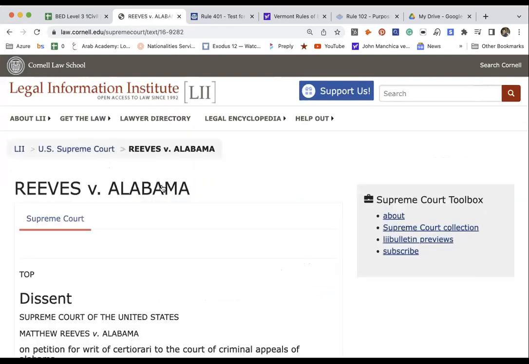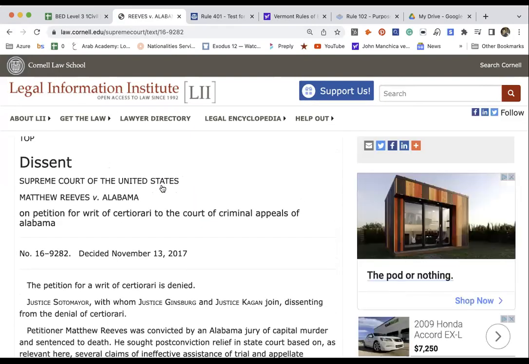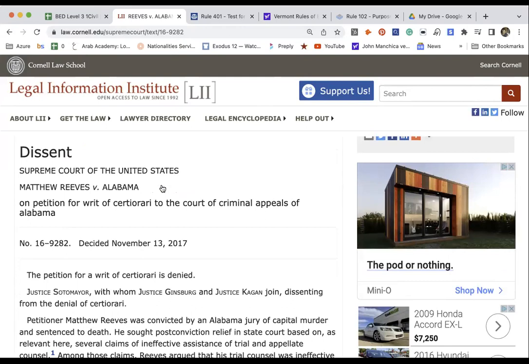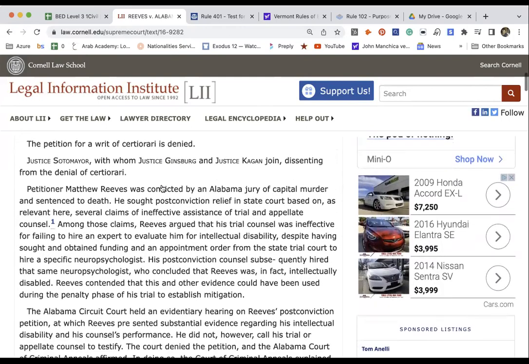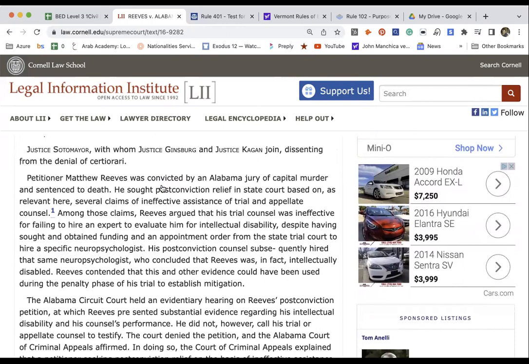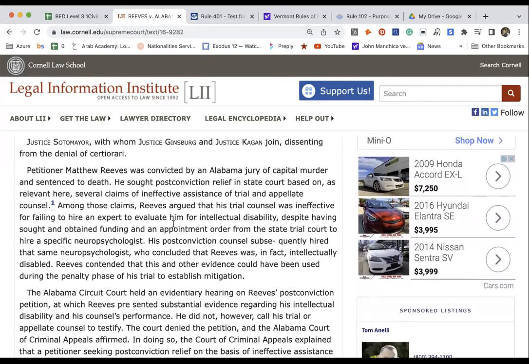I thought maybe some of these would be more current, and maybe they are. Let's look at Reeves v. Alabama. And that was decided 2017. Petitioner Matthew Reeves was convicted by an Alabama jury of capital murder and sentenced to death. He sought post-conviction relief in state court based on, as relevant here, several claims of ineffective assistance of trial and appellate counsel. Among these claims, Reeves argued that his trial counsel was ineffective for failing to hire an expert to evaluate him for intellectual disability, despite having sought and obtained funding and an appointment order from the state trial court